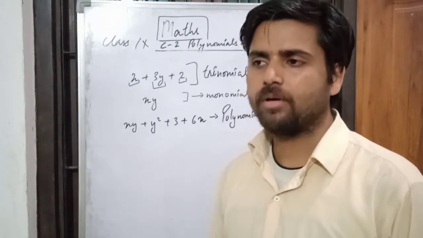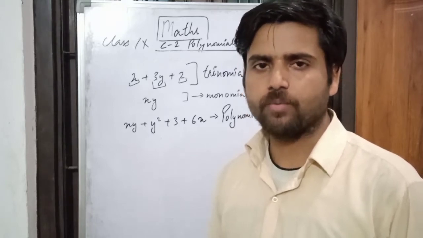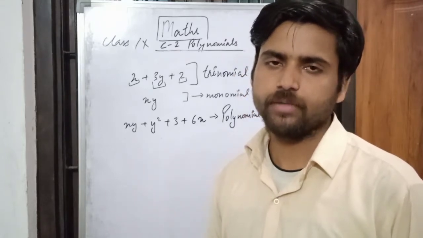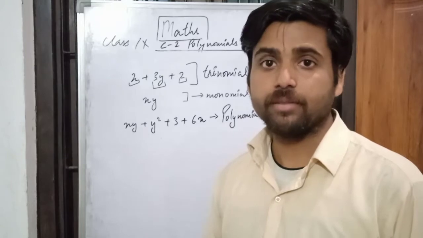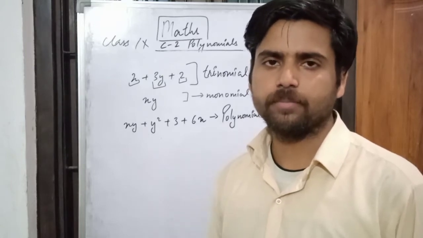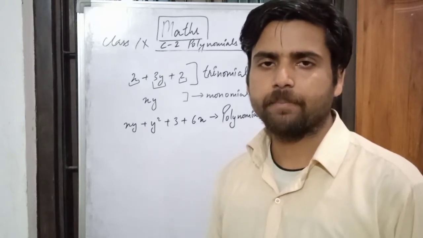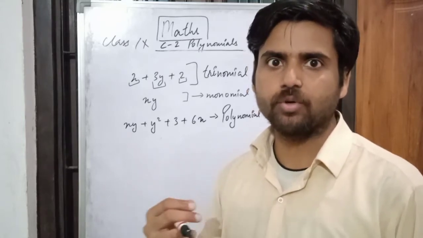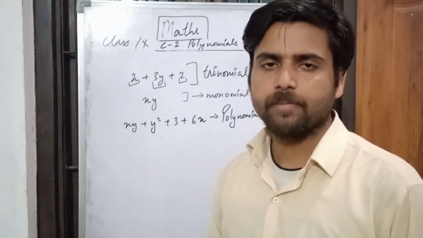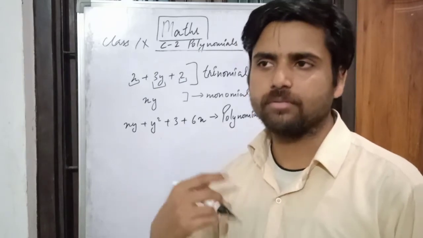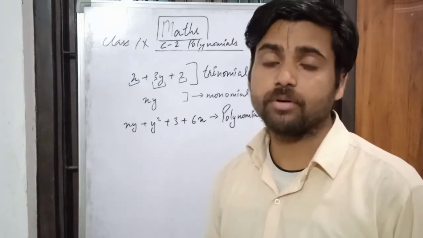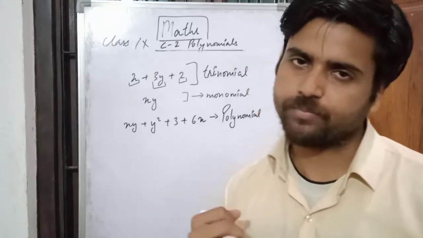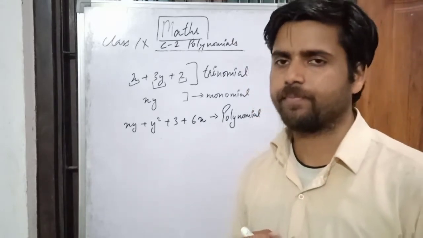So now we are going to deal with different properties of polynomial. The type of polynomial, the degree of polynomial. Then we'll be coming to other properties like zero of the polynomial. Then we'll be using 2 theorems, remainder theorem and factor theorem. And at the last we'll be having algebraic identities.